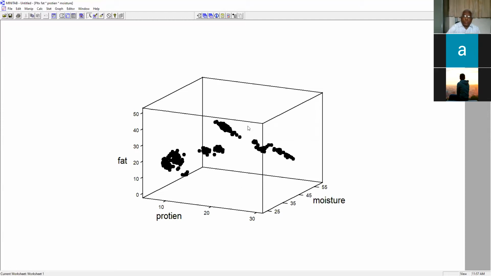I have to use some mathematical technique by which I can separate these 2 data points, and this separation is by means of a separation plane.